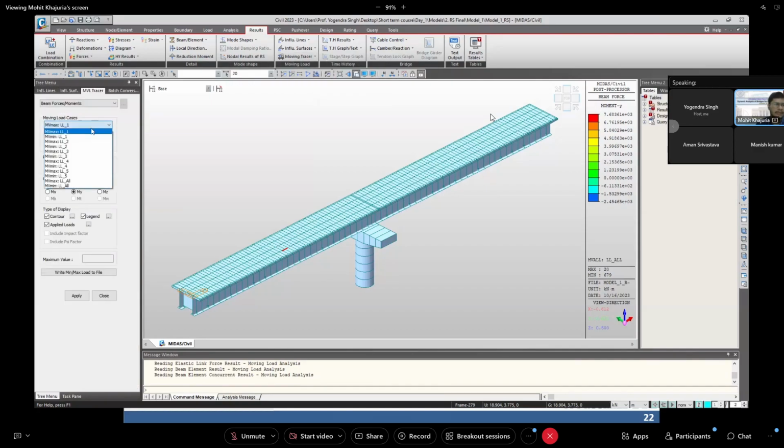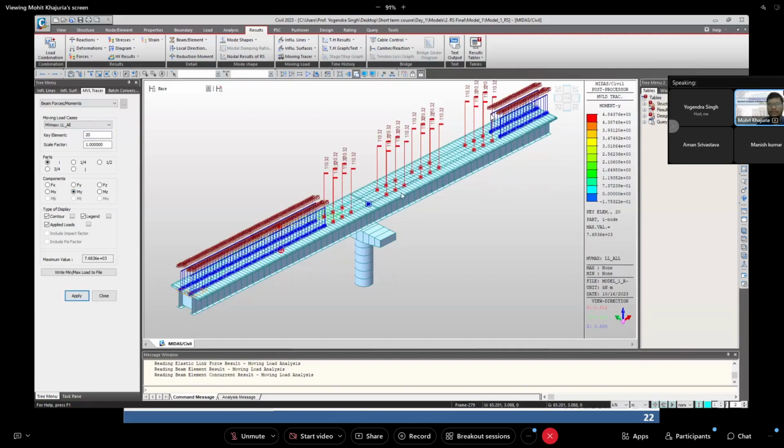Then here you have to just select moving load all, and then the key element is the 20th element. Then we want to see My, then just apply. So you can see this is the critical position of the train for generating maximum bending moment at the 20th element. In this way, you can see the position of the train for any quantity, minimum, maximum, or